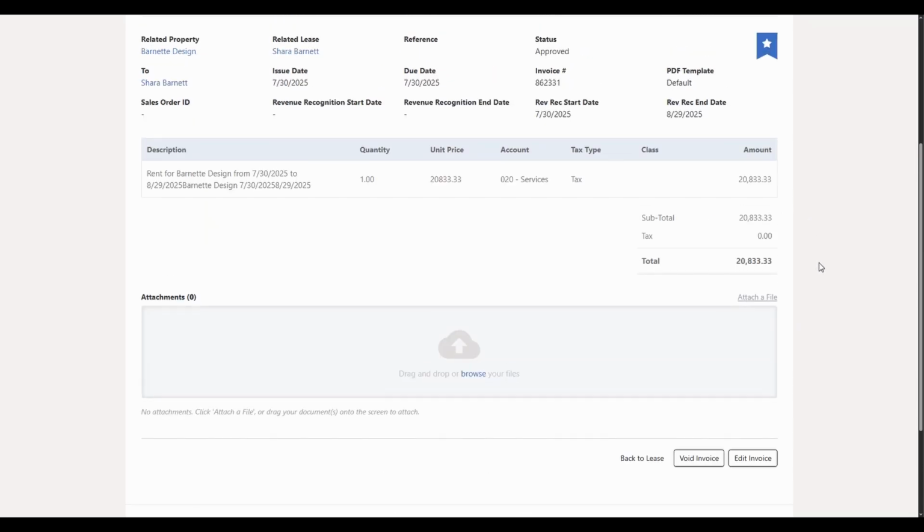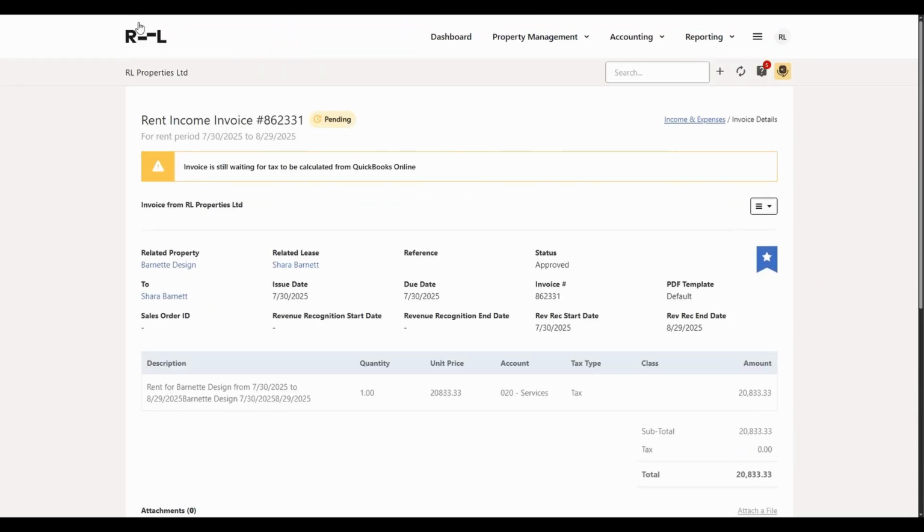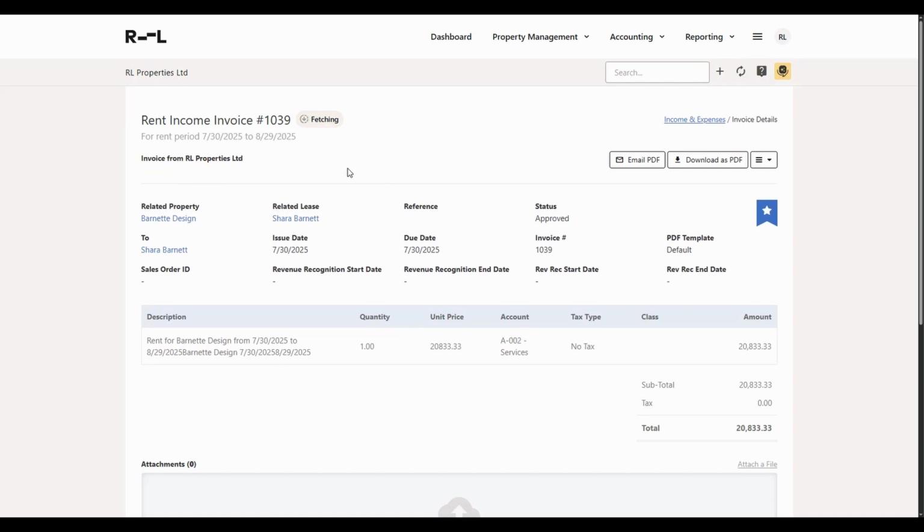So basically, once we refresh this, we should have an indication that this has been synced across, which is cool. So we also have the QuickBooks Online invoice number, which has now been synced across. So if we jump through to QuickBooks Online,